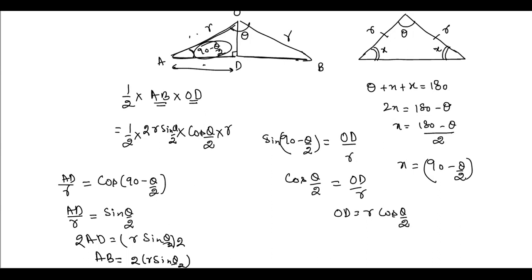Here from R theta by 2, you cannot cancel this 2 under theta. You cannot cancel this one. But you can cancel this one and this one. This 2 and 2 will be cancelled. So the area of this triangle